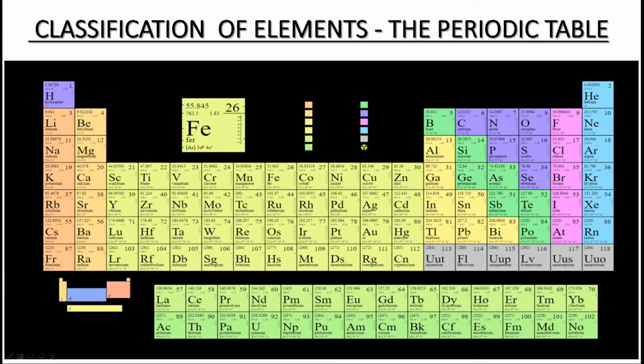Good morning, everyone. In the previous class, you learned about scientists who worked on the classification of elements. In the last class, Dobereiner's triads and their limitations were discussed. When sets of three elements were arranged into triads by Dobereiner based on atomic weights, Dobereiner's triads classified only 9 elements. Yes. Also, his work encouraged other scientists to study elements in a better way.